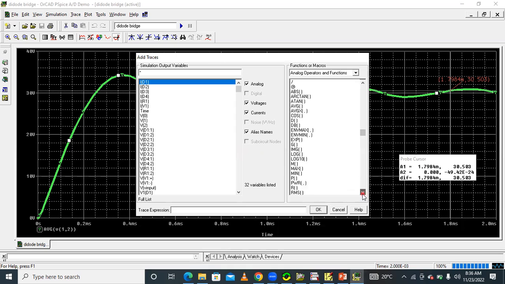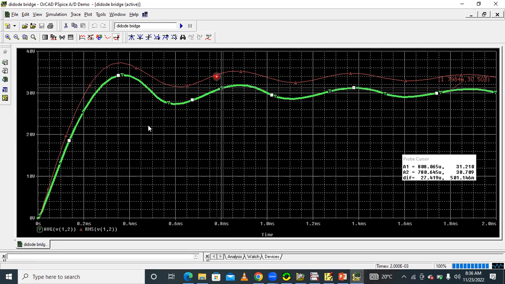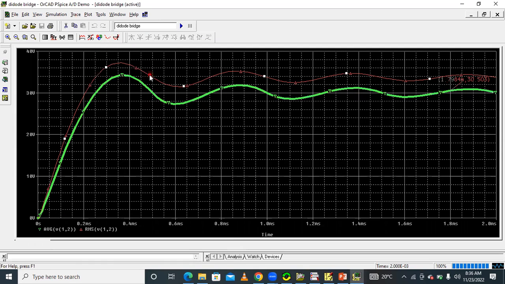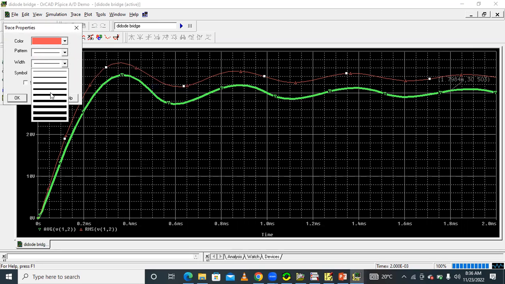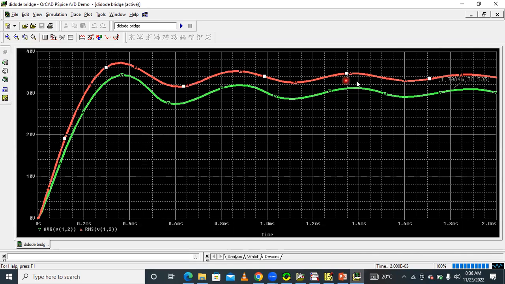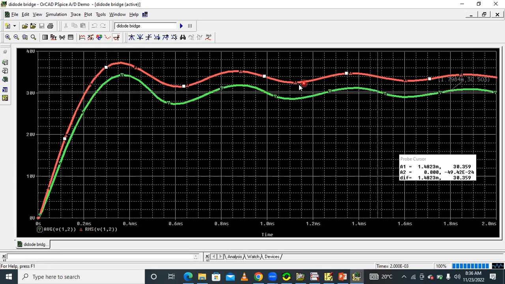The average value is completed. Then the RMS value of V(1,2), because the load is connected between 1 and 2. The red color one, change the width, is the RMS value. So the RMS value is nothing but here, select here. The RMS value is approximately